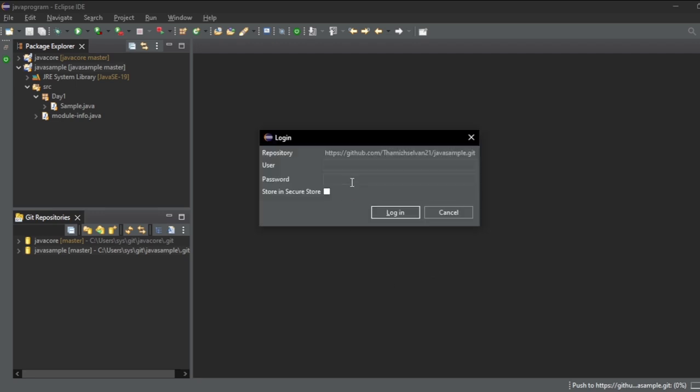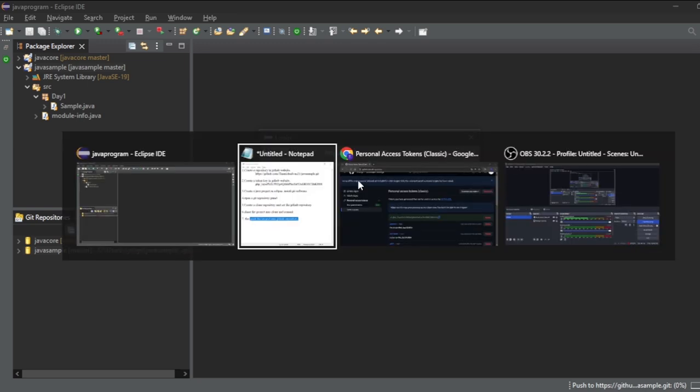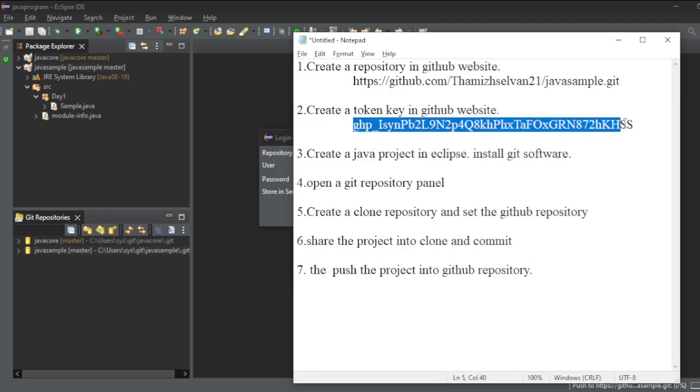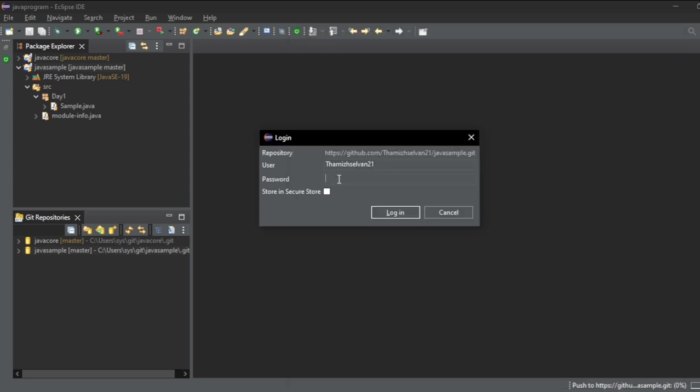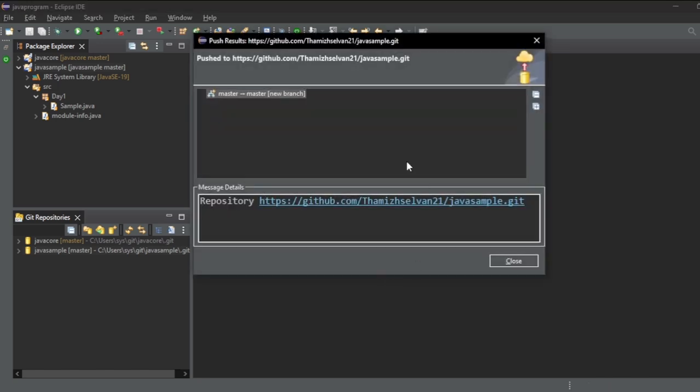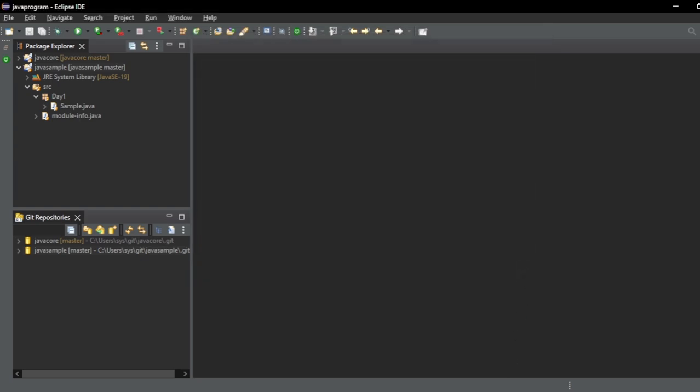and it will ask for the username and password. Once again I told you, the username is your GitHub account username, and for the password, don't give a password. That's why we have created the token key for security. So instead of the password you can give the token key and login. Yes, this is successfully done. Click on close and go back to GitHub